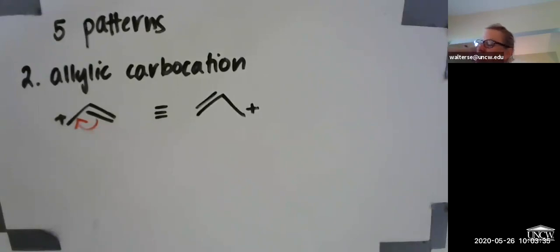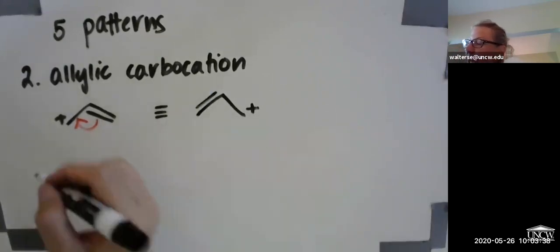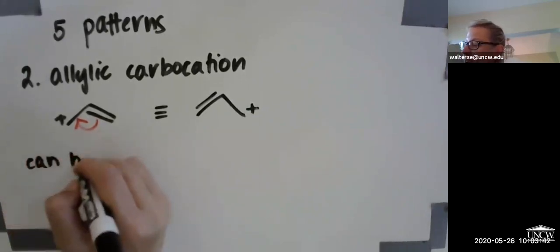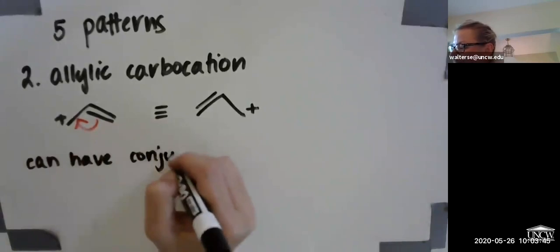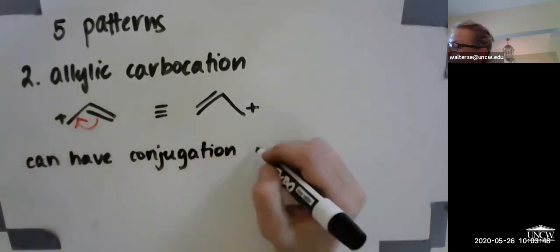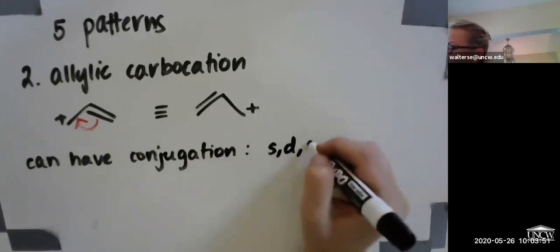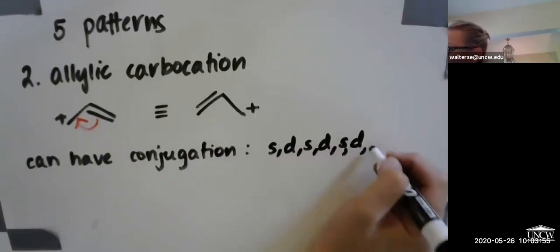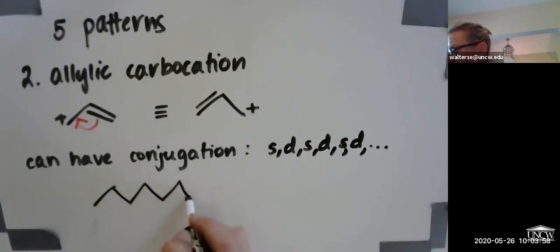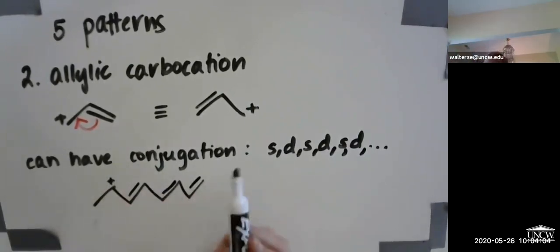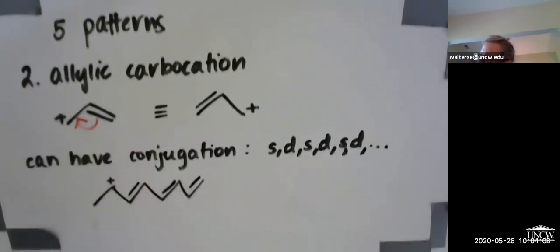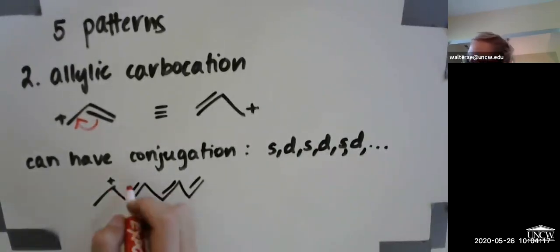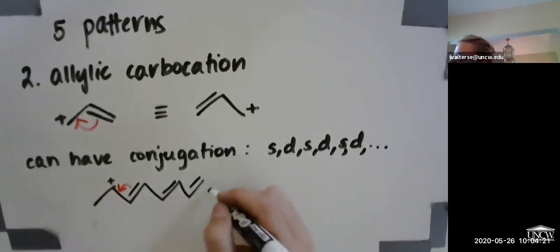Okay. The other part of an allylic carbocation is that you can have molecules that have what's called conjugation. And conjugation is when you have alternating single bonds, double, single, double, single, double in a long chain. So not only is this allylic here to this pi bond, but all of these other pi bonds can also participate. So I can move like this and generate